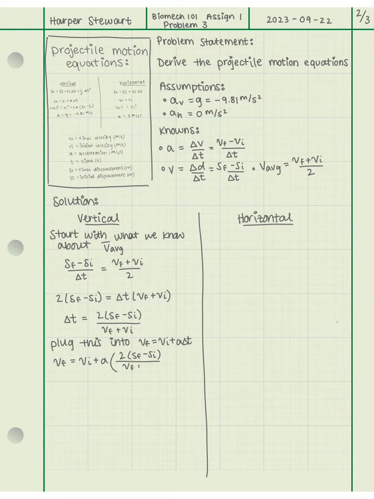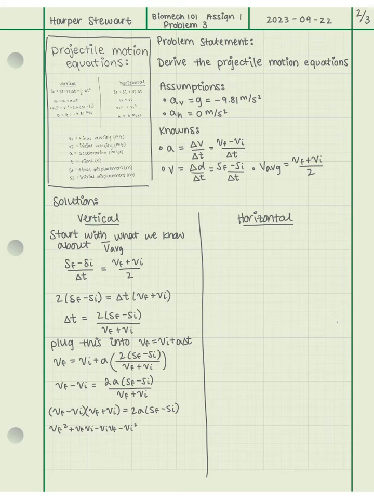Then we plug this change in time term into our second equation, and after some algebra, we end up with velocity final squared minus velocity initial squared, which is what we get when we factor out the 2 terms on the left-hand side. Our final equation is velocity final squared equals velocity initial squared plus 2 times acceleration times final displacement minus initial displacement. The same derivation applies in the horizontal direction,